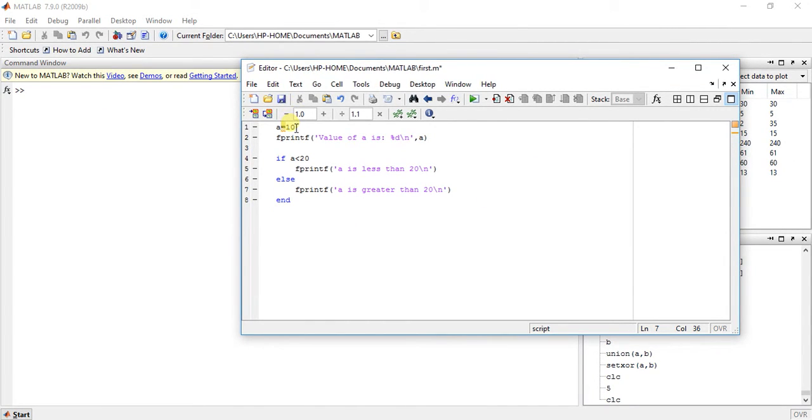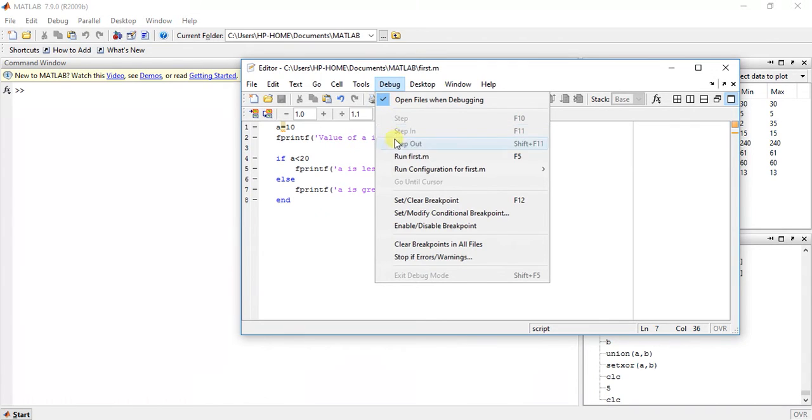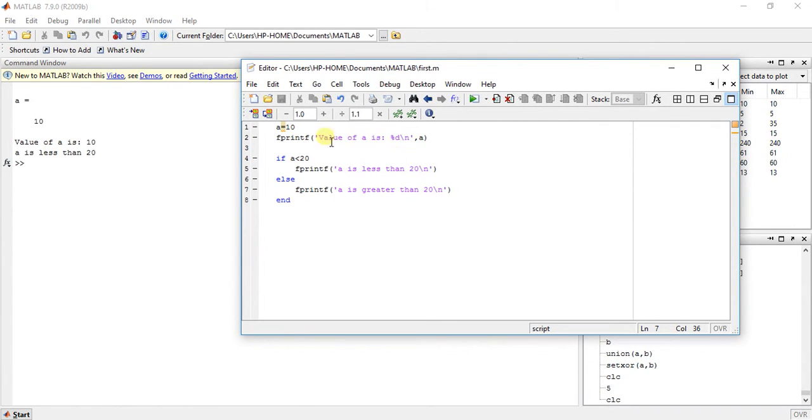Here 10 is less than 20, so it will print a is less than 20. Now run it. Here a is equal to 10, value of a is 10. Now it will check this condition. If this condition is true, then it will print a is less than 20.